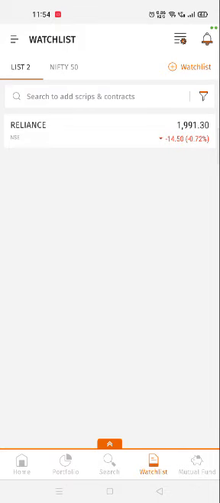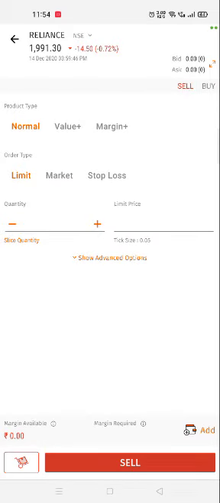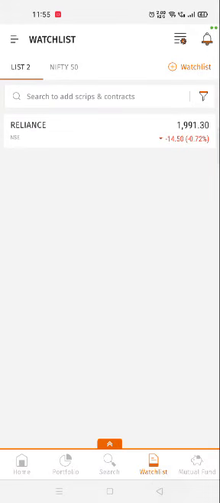Similarly, when we slide from left to right, a sell order will be initiated. See, a sell order has been initiated. Now we can enter the quantity we want to sell and execute the order. This is how we sell or buy a script.